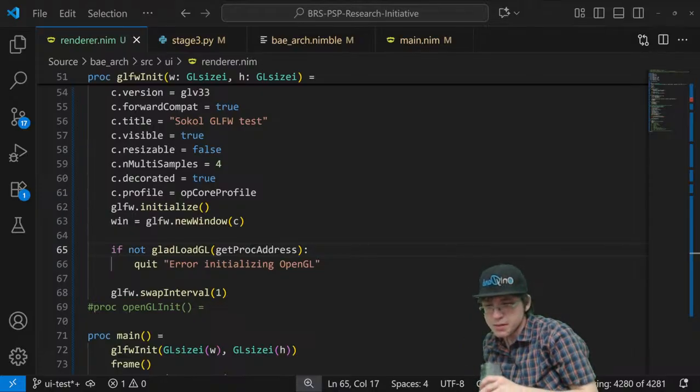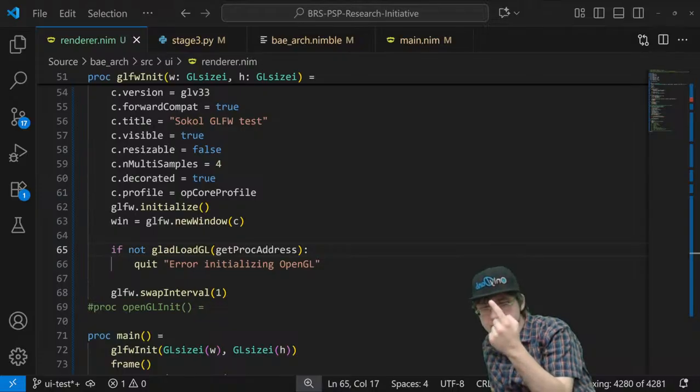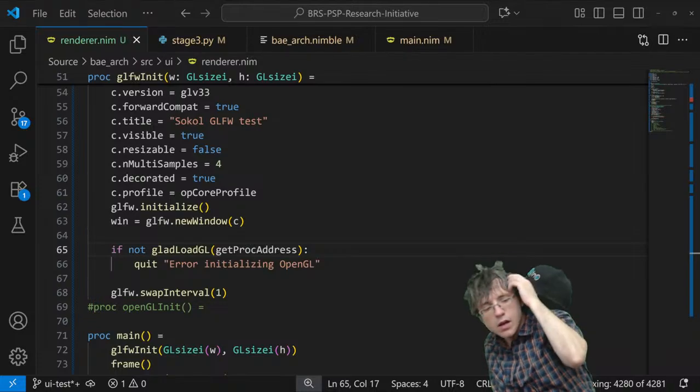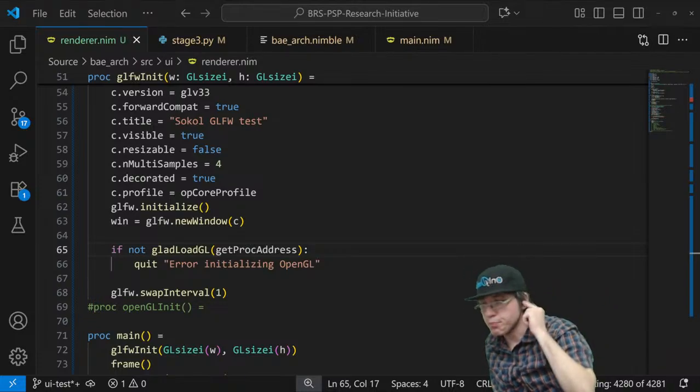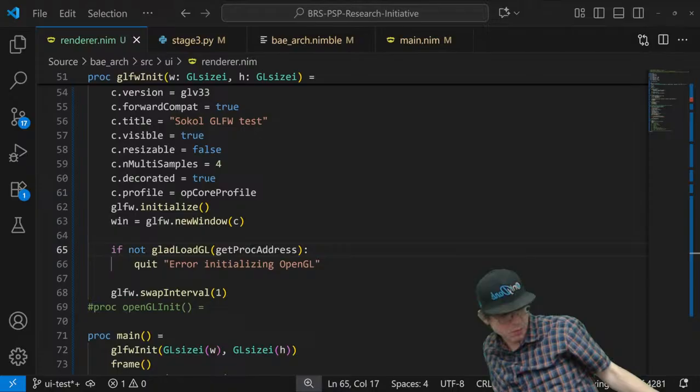The main reason I'm trying to set up a user interface, well, there's two reasons. One, it's actually getting more and more tedious and tiresome for me to have to manually look at data. And two, I want the tools to be user friendly for the people that use them.